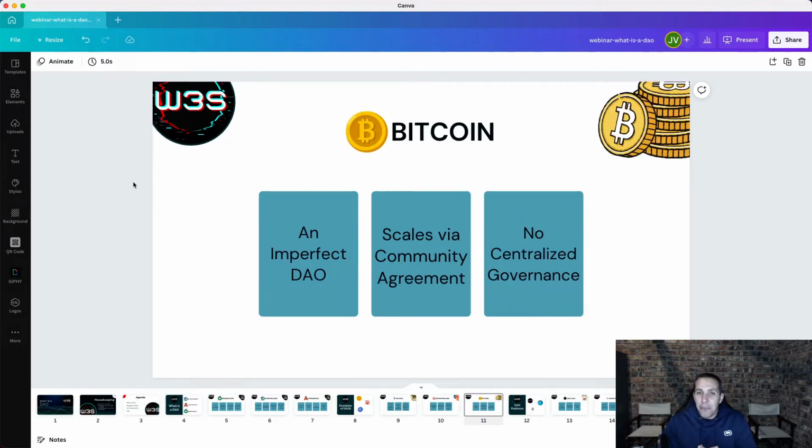What a lot of people also don't realize is that Bitcoin, in many ways, is a version of a DAO, albeit an imperfect one. And the founder of Ethereum was the first person to say that Bitcoin in many ways represents a DAO. It scales via community agreement. There's no centralized governance. Yes, there are certain things you would find in a DAO that don't exist in Bitcoin, especially because it's pretty much just an automated blockchain network that has its rules baked into it. And these rules have to be followed by the developers upgrading the versions, obviously by the total number of coins that can be minted, and a number of other things. There's very little human intervention if you think about it, as opposed to a normal DAO. But it is a great version of it.